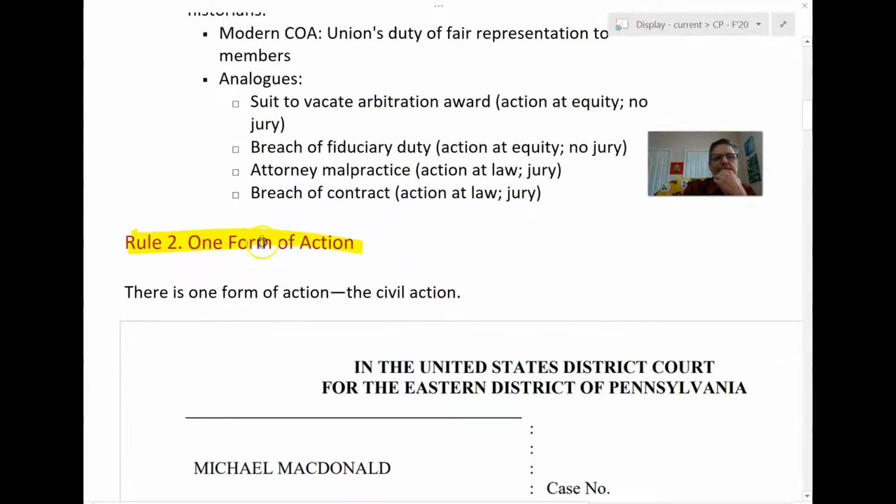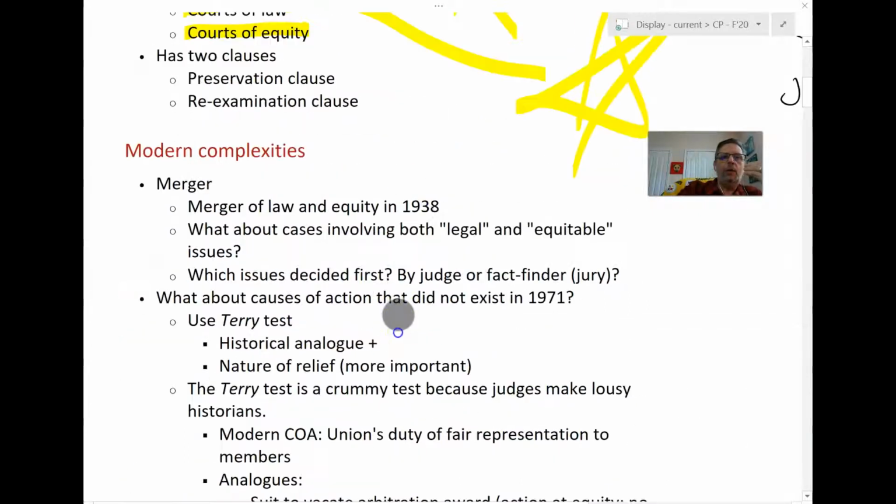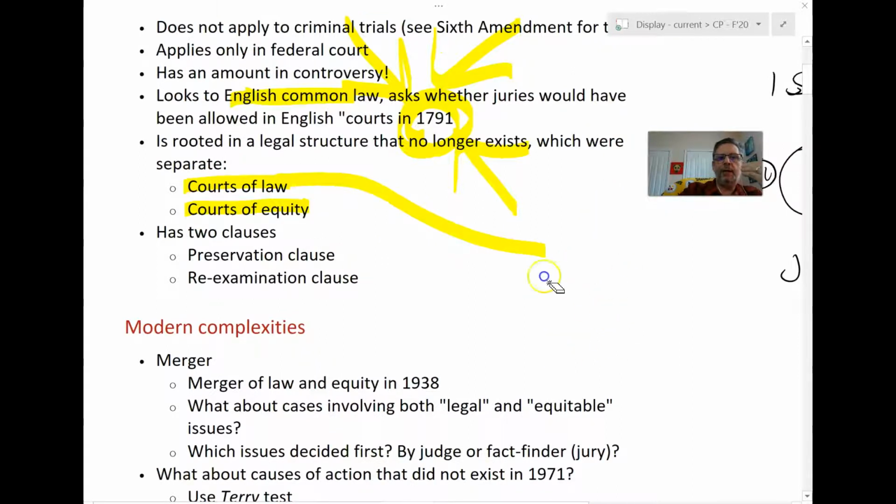Today, under the FRCP, Rule 2 says there is one form of action, the civil action. And you look at that as a law student today, and you think, well, duh, of course. What's the big whoop, right? Who cares? This is actually a big deal. In this one little sentence, the rule makers in 1938 accomplished what's called merger. The merger of law and equity, which meant there was no longer any distinction between courts of law and courts